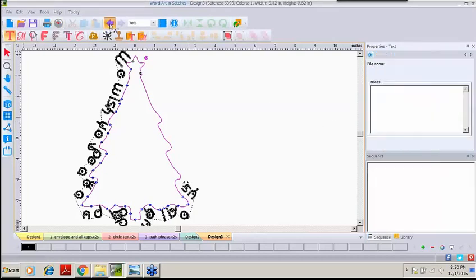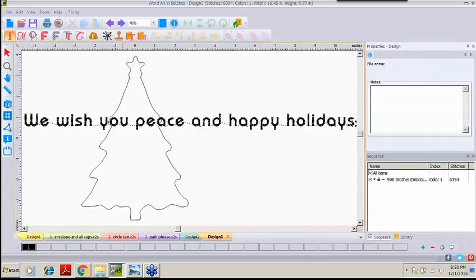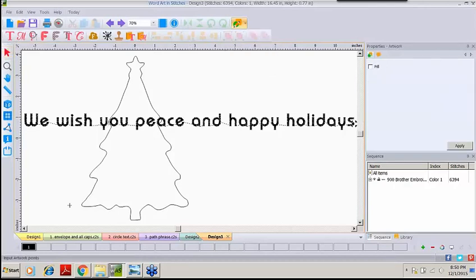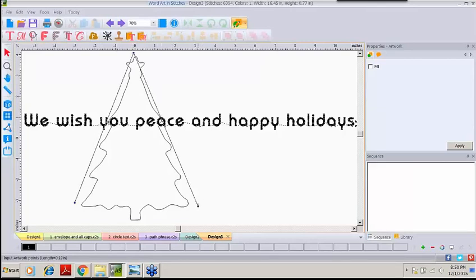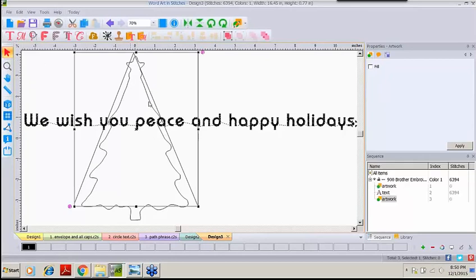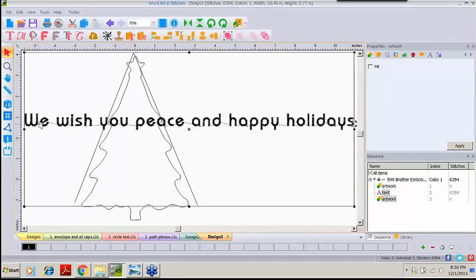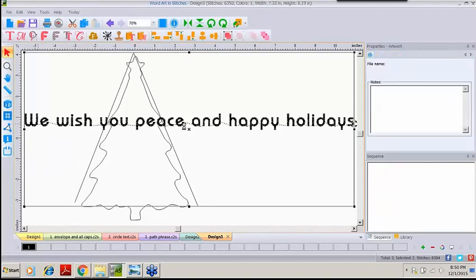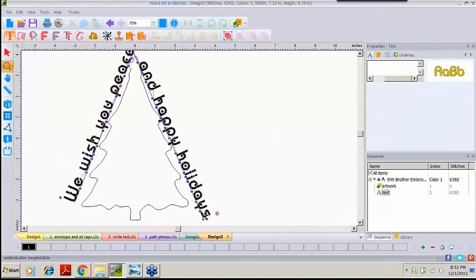So let me do an undo back to where I just have my two pieces, my artwork and my text, and this is what I would do to use this Christmas tree. Come up here and get my pen from artwork, and I would draw my own shape. I'm going to click with my 3 points, right click to end it. I'm not going to be concerned right now that this is overlapping the tree, and now I will select that artwork and my text, right click, text on path, and you see that it now follows the shape of the